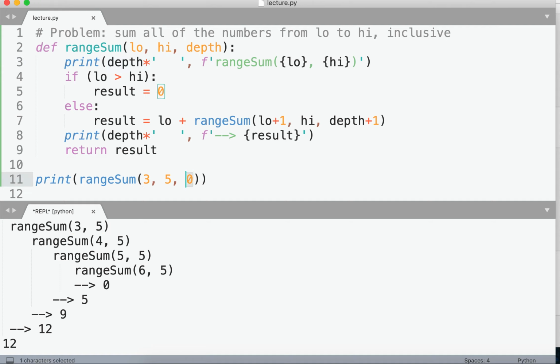You're not allowed to do this. You cannot modify the parameters to this function. We have to call it like that, okay? We have to call it just with low and high. But this depth was so helpful. So what we can do is keep it as a default parameter by setting it equal to 0 here. What that means is if we call it, but we don't provide depth, depth will be 0. If we do provide that parameter, it's whatever we provided. This works as expected, and it's allowed because this is optional. We really didn't change how we call range sum. We call it normally, but now we get this depth added as we need it,